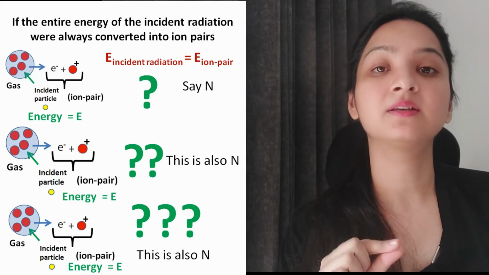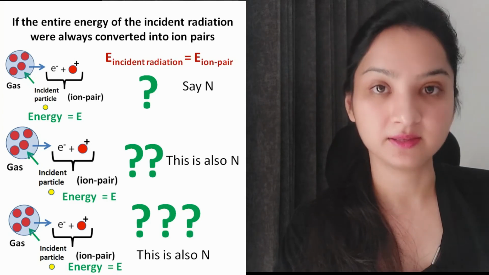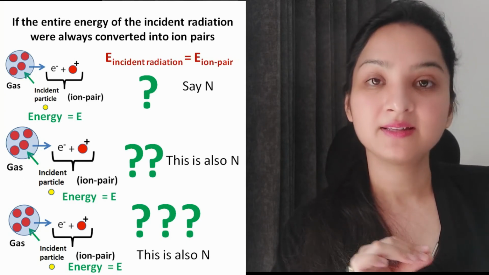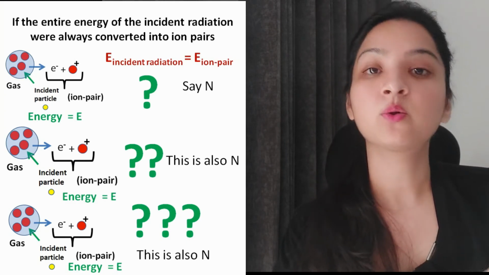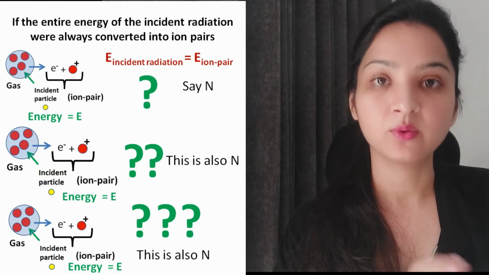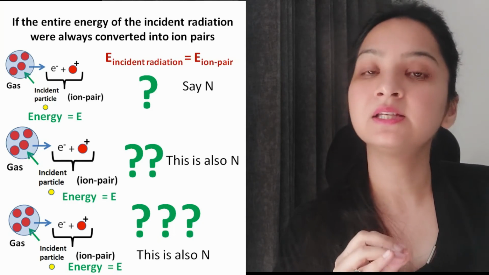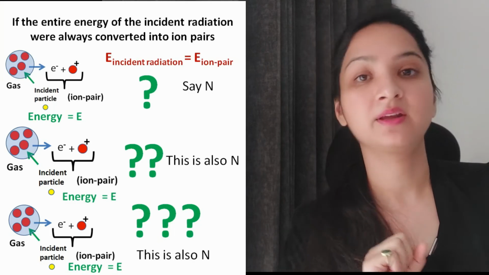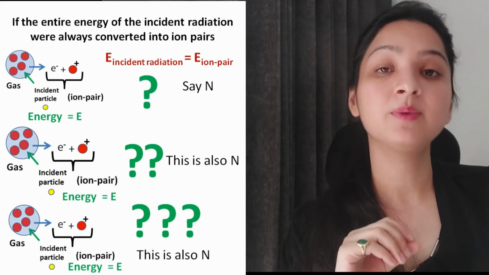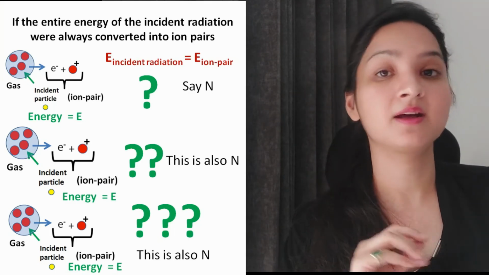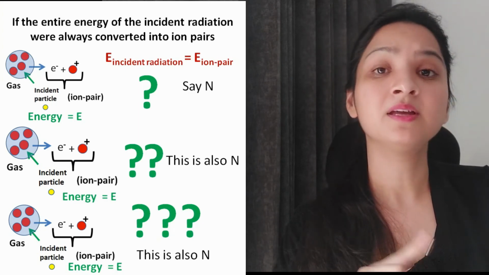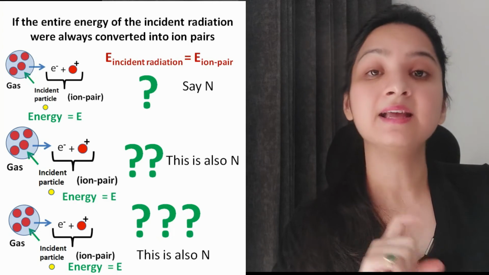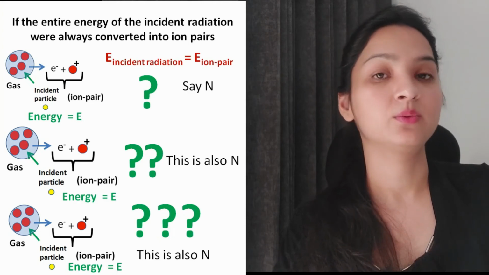उसी एनर्जी की रेडिएशन अगर बार बार आ रही है, वो हमेशा आयनाइजेशन ही कर रही है और कोई और प्रोसेस नहीं हो रहा, कोई और प्रोसेस में वो एनर्जी नहीं जा रही, सिर्फ और सिर्फ आयन पेयर्स ही प्रोड्यूस हो रहे हैं। और हर टाइम वो इंसिडेंट पार्टिकल सेम अमाउंट ऑफ एनर्जी के साथ आ रहा है, तो हर टाइम सेम नंबर ऑफ आयन पेयर्स ही प्रोड्यूस होने चाहिए थे। इसमें कोई फ्लक्चुएशन नहीं होनी चाहिए थी।